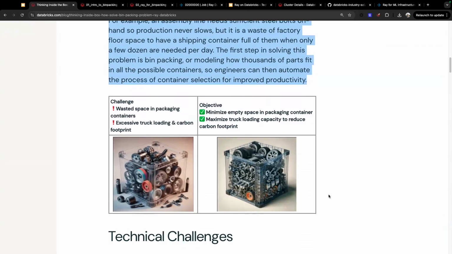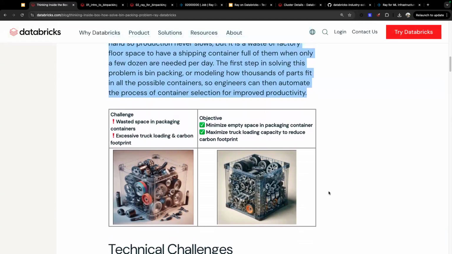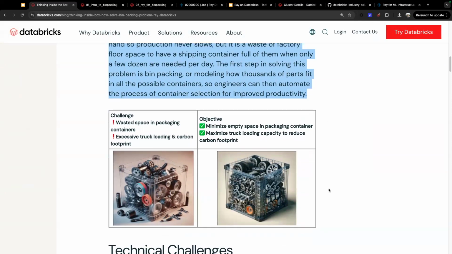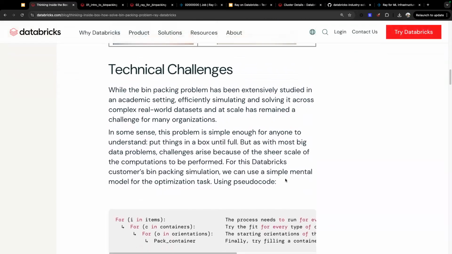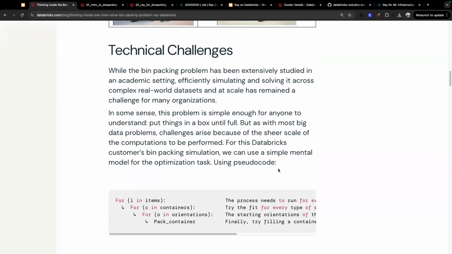So again, in a summary sense, we're trying to avoid wasted space in containers, but also making sure we're sending the right size of container to the vendor to optimize the layout of the factory floor. So the first part of this problem is actually the bin packing problem. If we break this problem down into the logical steps that we would need to solve,